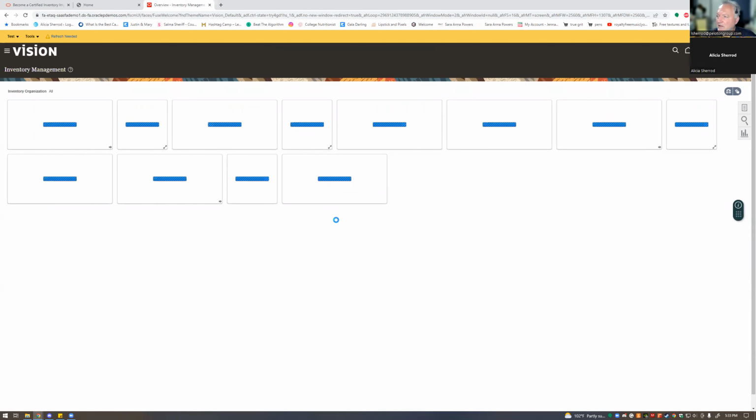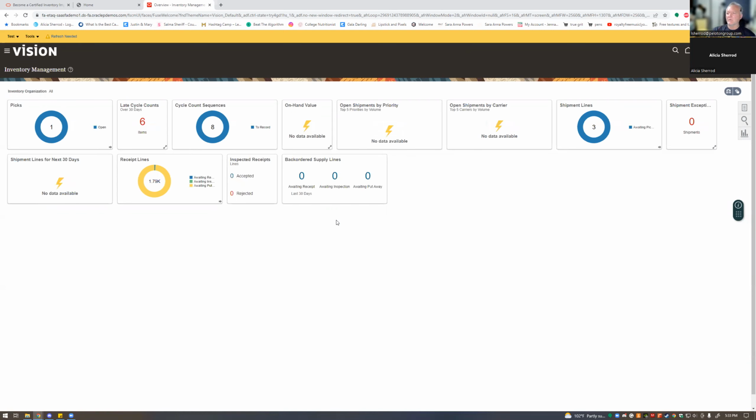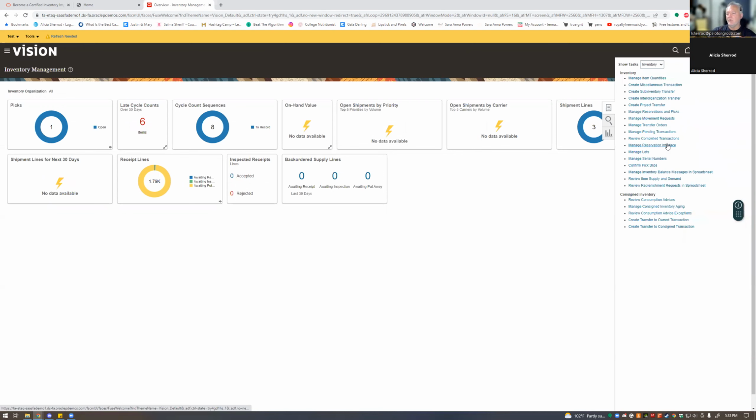So, if you recall those part numbers that you created yesterday, what we're going to do is put some of them in stock, just going to magically poof them into stock. Normally, you would purchase them through purchase requisition, but we're going to skip that part for right now. So, if you go to create miscellaneous transaction,